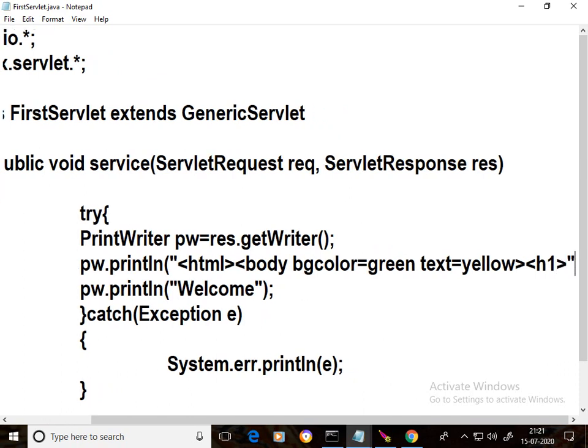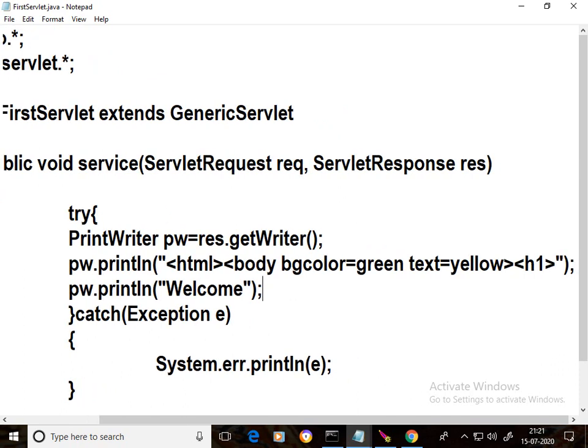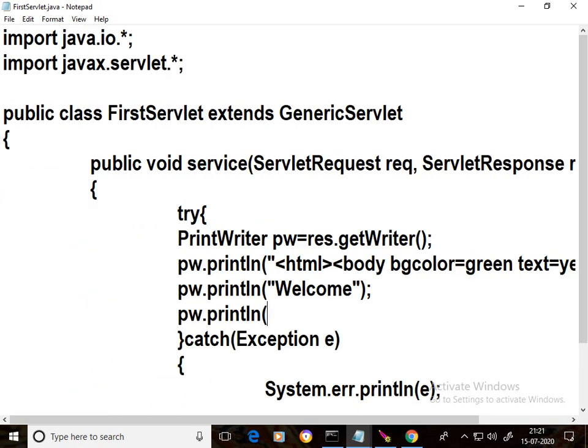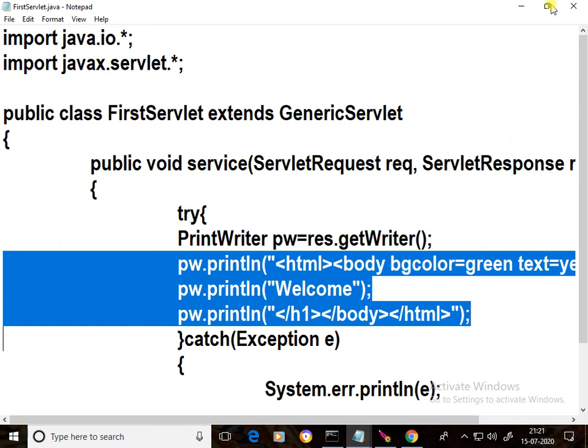Then h1, level 1 heading, big size letters. pw.println, then h1 close, body close, HTML close. I use the PrintWriter println method, and this HTML code is passed to the browser.